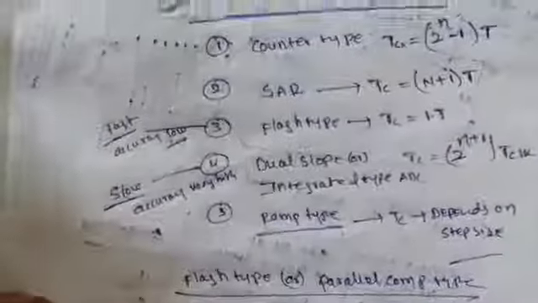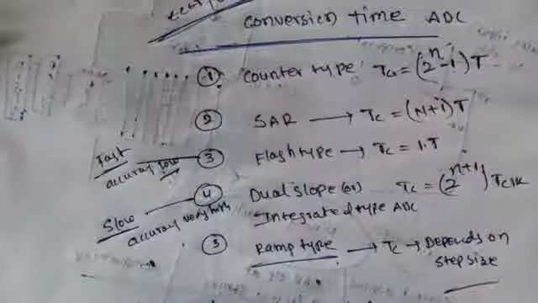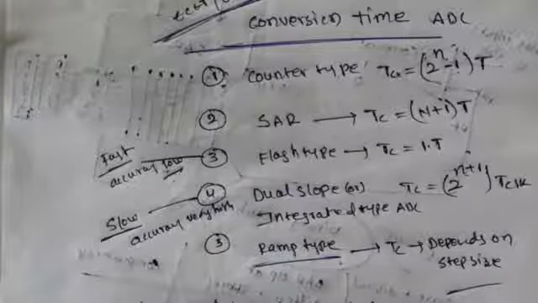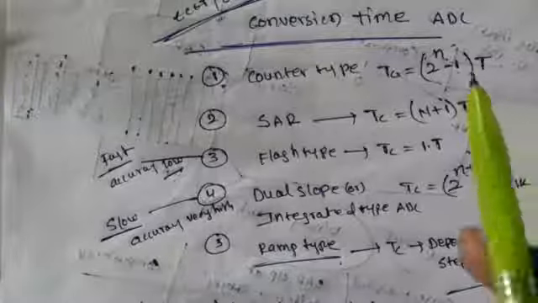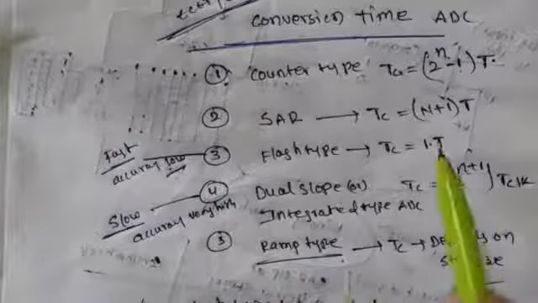These are very, very important competitive bits, where the n value is given, for example, for an 8-bit A to D converter having t equal to 1 millisecond. How much is the conversion time for counter type? How much is the conversion time of the A to D? If n and t are given and you are asked to calculate, only t is sufficient.